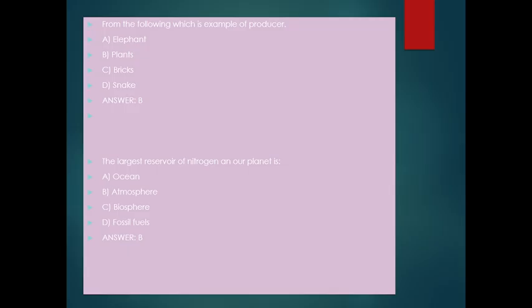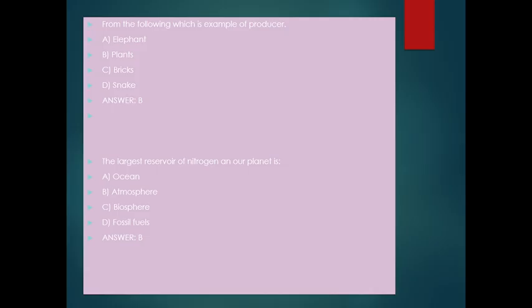Producer, food itself is produced by plants by use of the carbon dioxide, the water, the minerals, where the plants convert those things into the food material. So leaves. So plant is the correct answer. Next question,